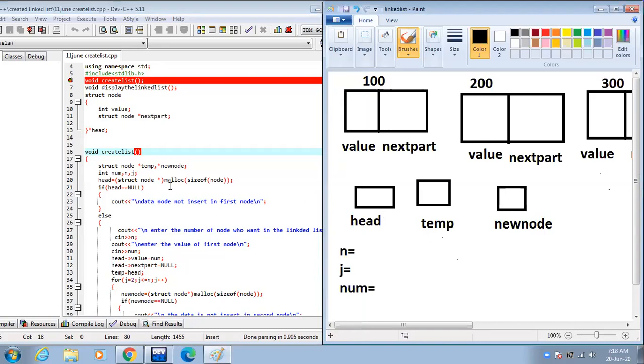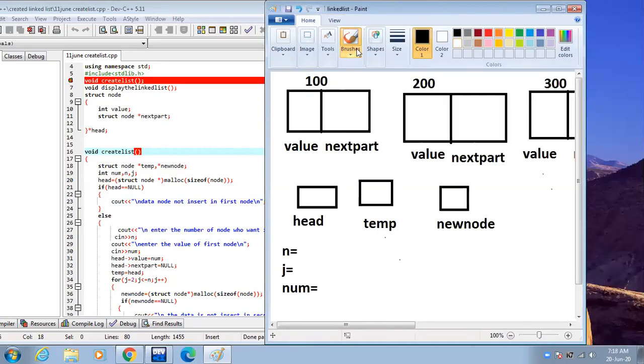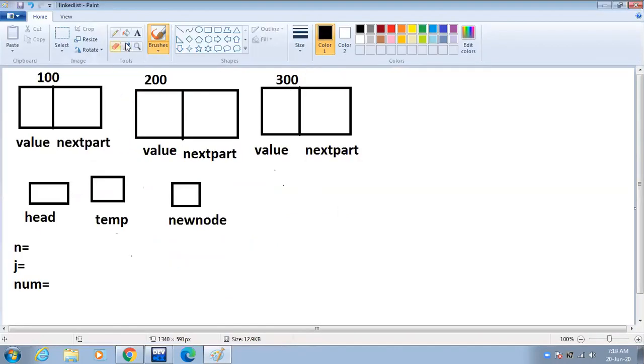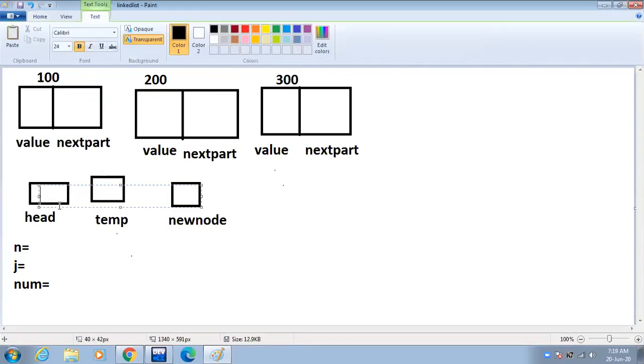The head pointer type node is created and head points to this node, and the address of the node is allocated in head. 100 is allocated in this node.